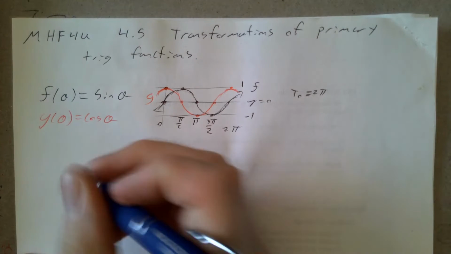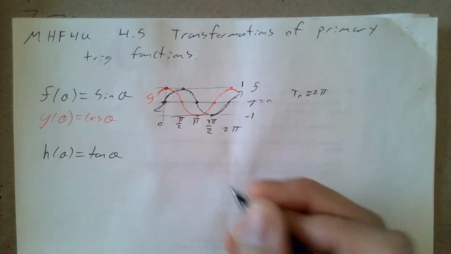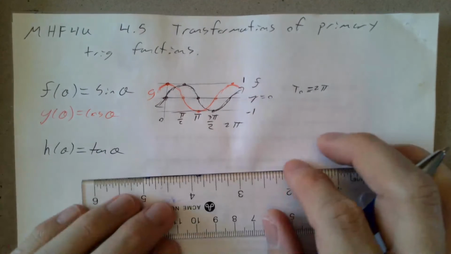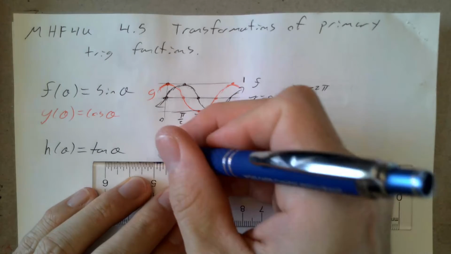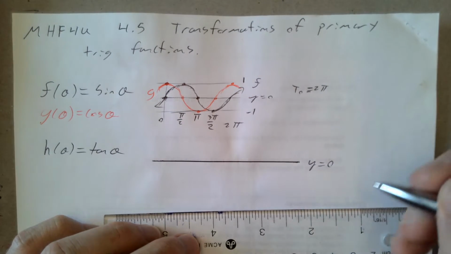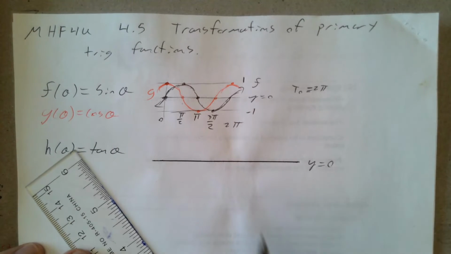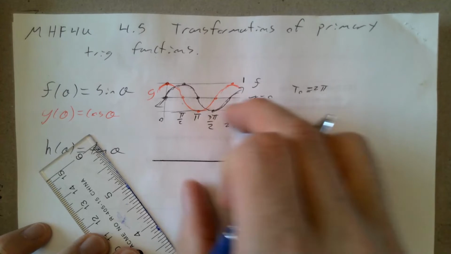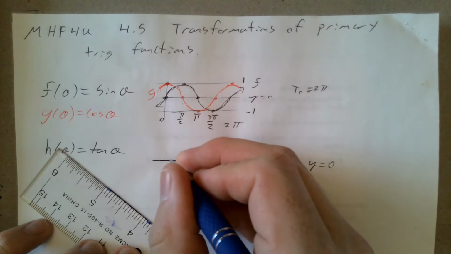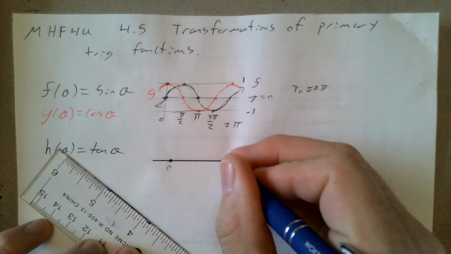The tangent curve, let's use h of theta equals the tangent of theta. It's a little bit different, isn't it? We have an axis of the curve, which is an axis of inflection, just like with the sine curve and the cosine curve. But we don't have an amplitude, so I can't really frame my curve. Let's sketch from 0 to 2 pi. Here's a half